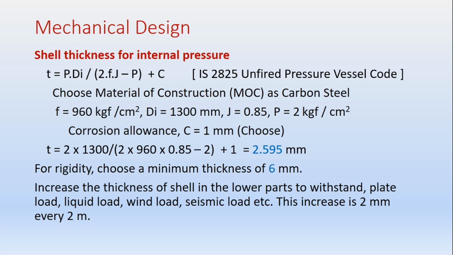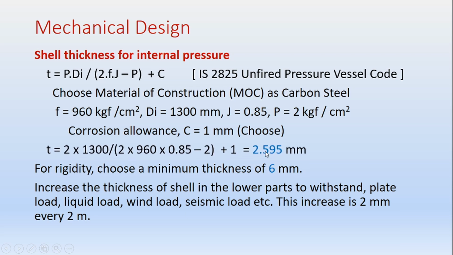For the material of construction, we will choose carbon steel. For this, the F value is 960 kg force per centimeter square, and the diameter of the column is 1300 mm. Joint factor J is 0.85. Let us assume the pressure is 2 kg force per centimeter square in the column. Corrosion allowance is chosen as 1 mm. All these things were discussed when you were designing pressure vessels, right? So the C value is taken as 1 mm here. Substitute all this in the equation, and we get T as